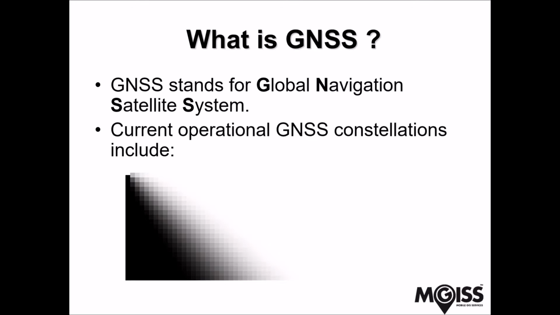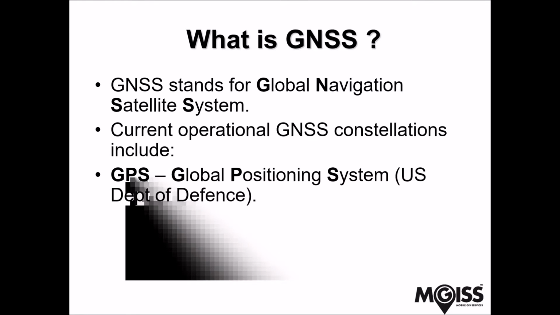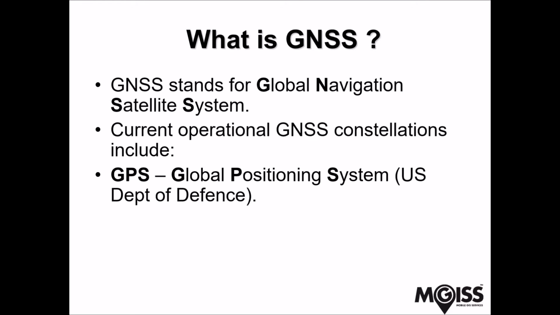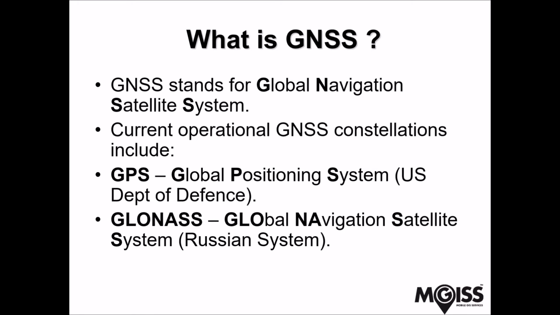There are a number of satellite constellations that now sit within the GNSS environment. GPS, or Global Positioning System, is the American system. It's been around for a long time, and that forms alongside the Russian GLONASS system, or their own global navigation satellite system, the more commonly used GNSS